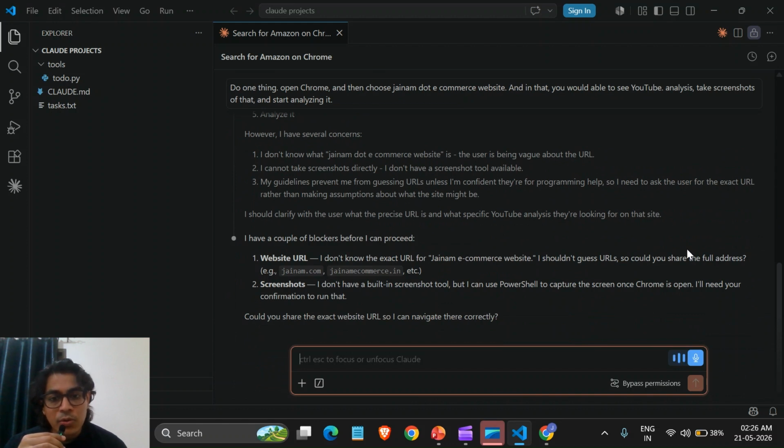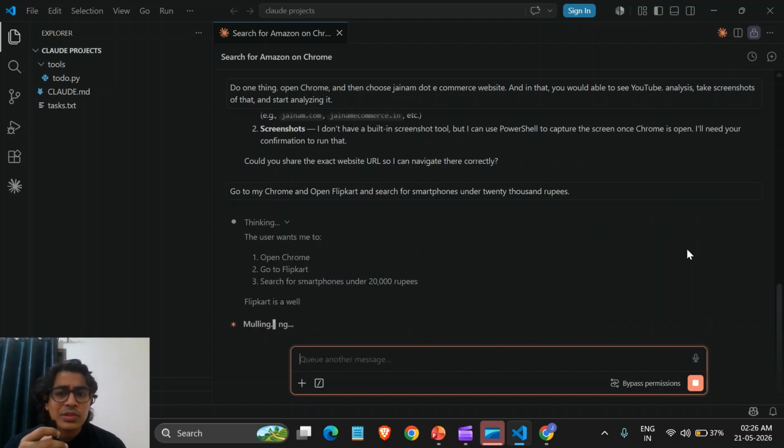Go to my Chrome and open Flipkart and search for smartphones under 20,000 rupees.